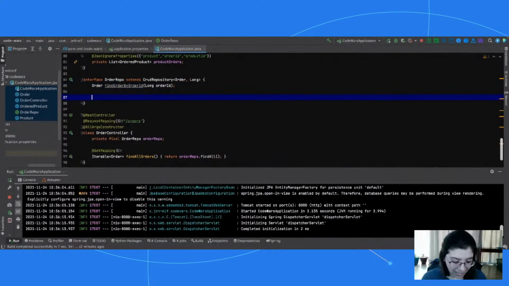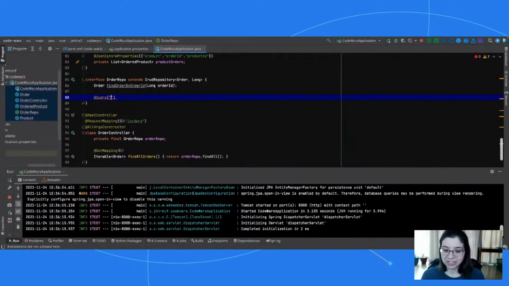So we're going to pass in a particular order ID, and we're going to hopefully find that order. Now, let's say I want to write a custom query here. I mentioned domain-specific language, DSL. So for each different type of database, you can use the query language that suits it. In this case, we can use SQL, or specifically what's called JPQL, which is Java Persistence Query Language. That means that I can actually reference my application entities instead of direct table names. So here I'm going to do select, it's SQL, but I'm using my application entity.